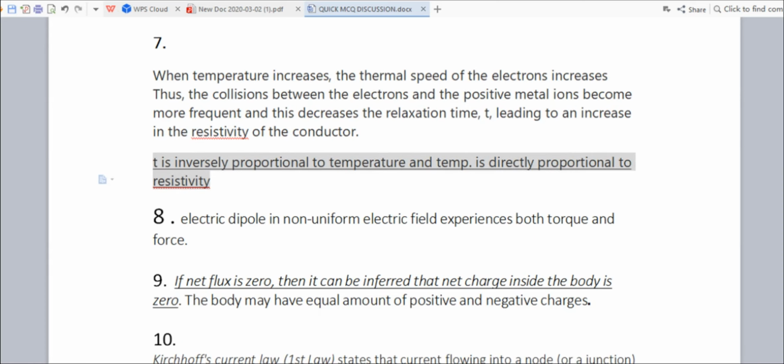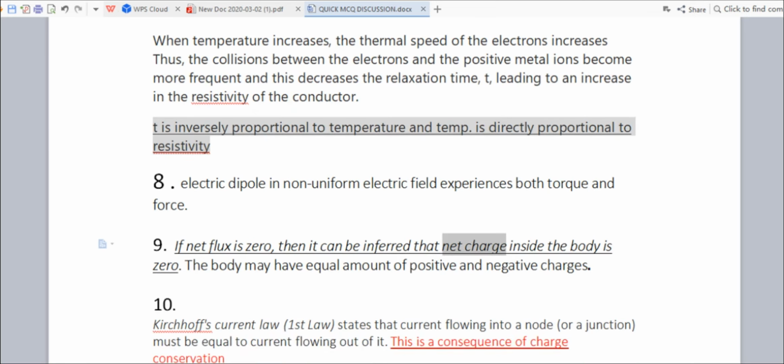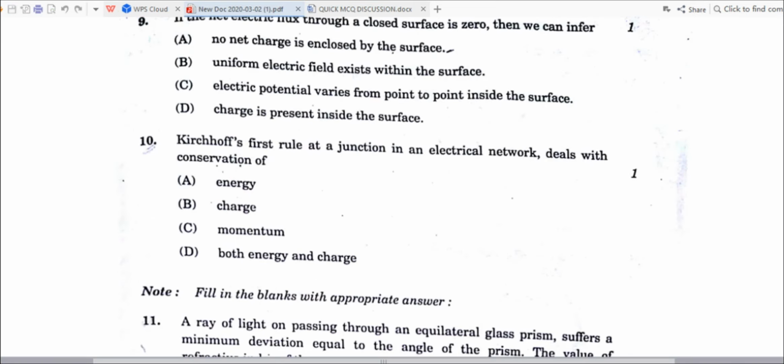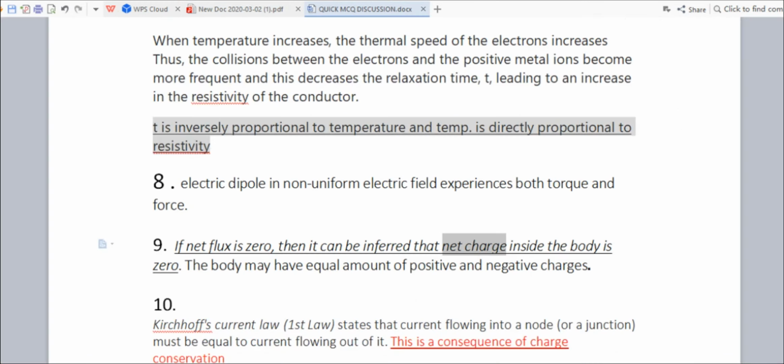Now here the notable thing is the body may have equal amounts of positive and negative charges. So we cannot conclude from this that there is no presence of charge, but net charge won't be there. Then question number 10, Kirchhoff's first rule,